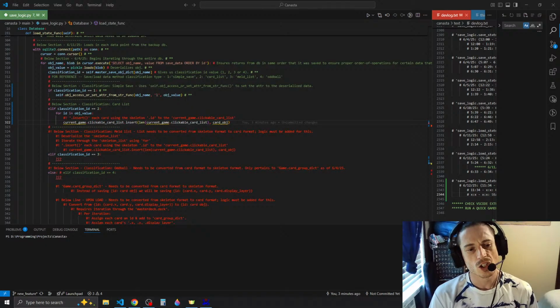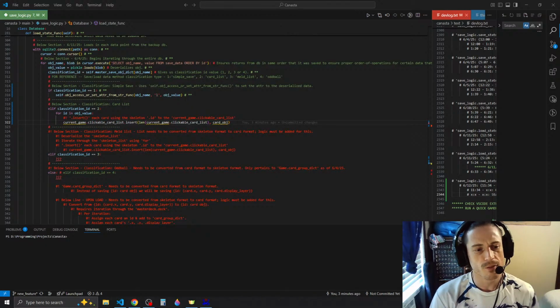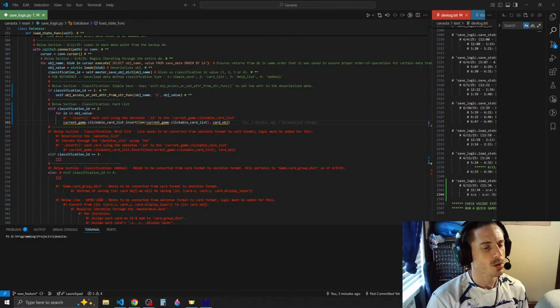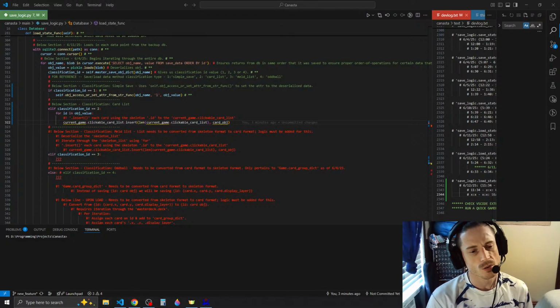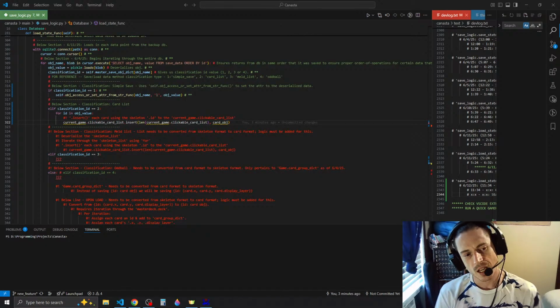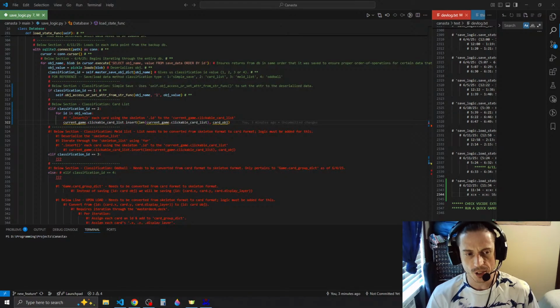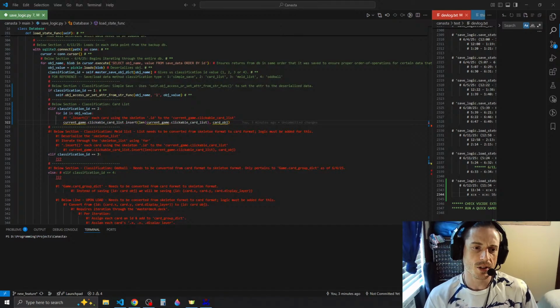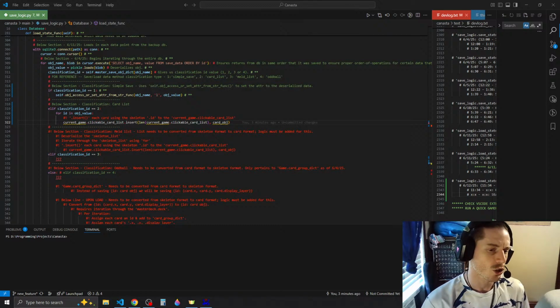Or do we have to change the way that that is referred to? Like, do we have to make it explicitly say P1 game or P2 game? If we were to do that, then we would have to modify the way in which it was saved, or we would have to, like, basically convert it. So the simplest thing, obviously, would be to just leave it as it is, as current game,